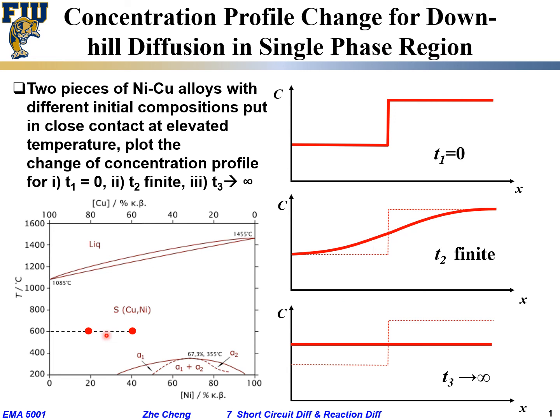And the diffusion is typically downhill, which means the solute goes from high concentration to low concentration. But in reality, as you learned before, for the Kirkendall effect, one is going one way, the other one is going the other way. Make sense? Not only is nickel diffusing, the copper is also diffusing in the other way. Make sense? Okay. So now